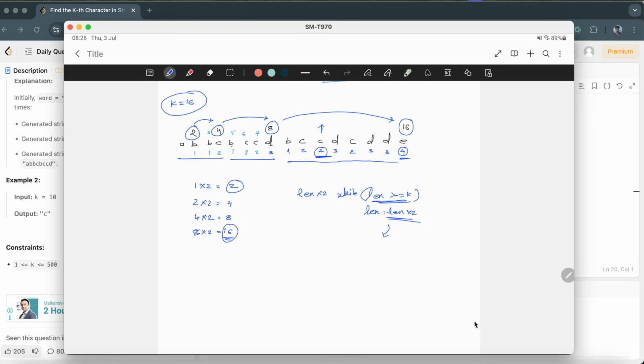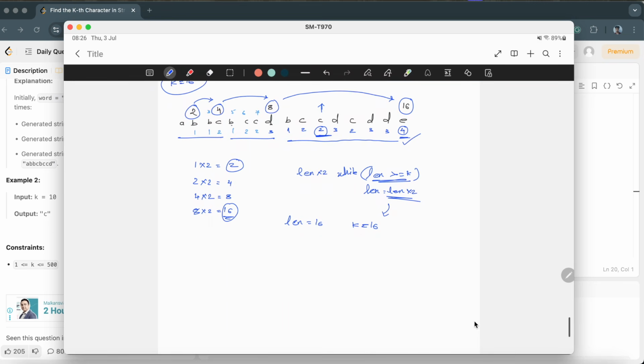Now the length is equal to 16 and the k value is also equal to 16. We are looking for this shift, like how many times this character got shifted, because based on that only the values are getting computed. So for 16, if I try to reduce this k value, and keep on coming backwards, that way also we can get the answer. See what I'm trying to say is, now length is 16, k value is 16. We have to make sure that, whatever the length and k value are,